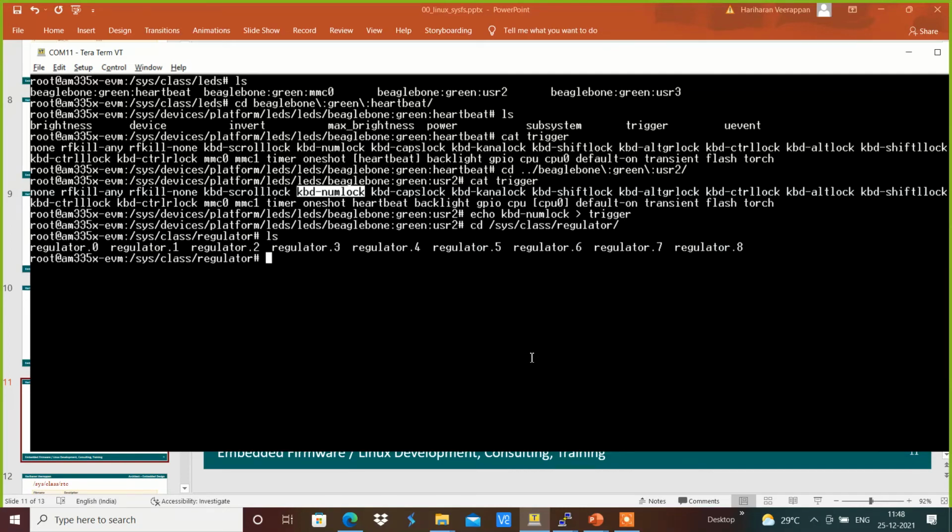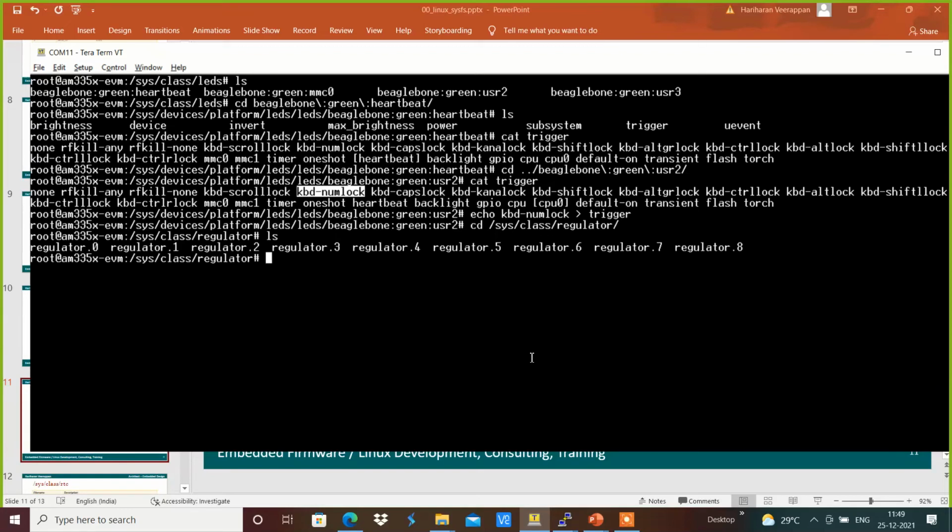Regulator is basically the same way how we are controlling sysfs, the classes of information that provide easier user space access to the kernel module accordingly, and get the respective data over there.